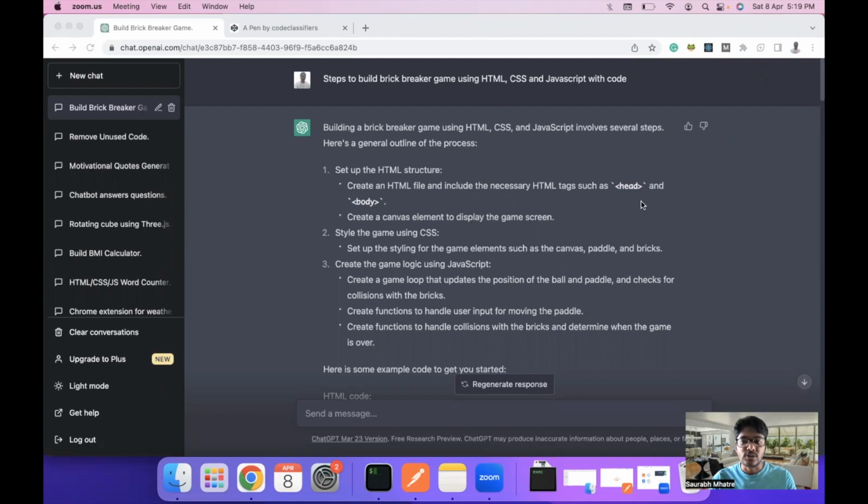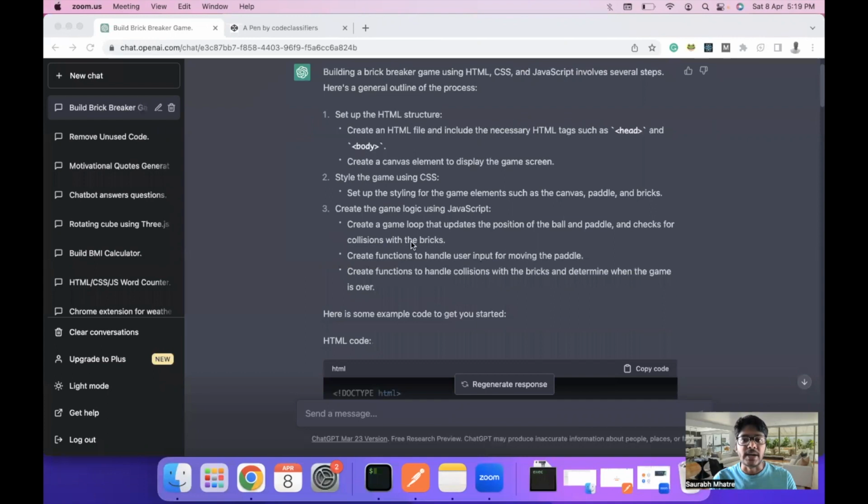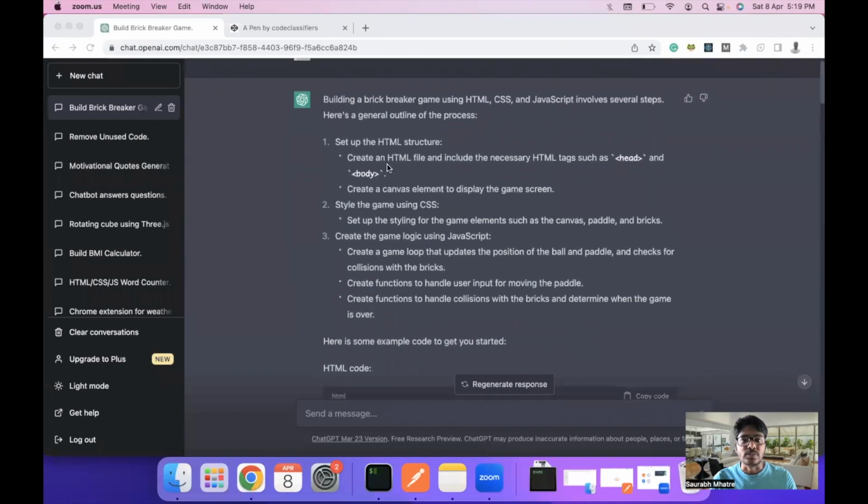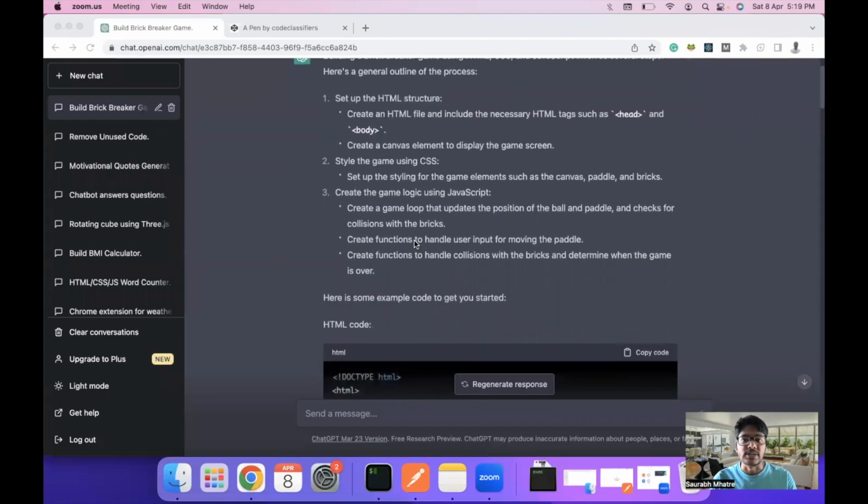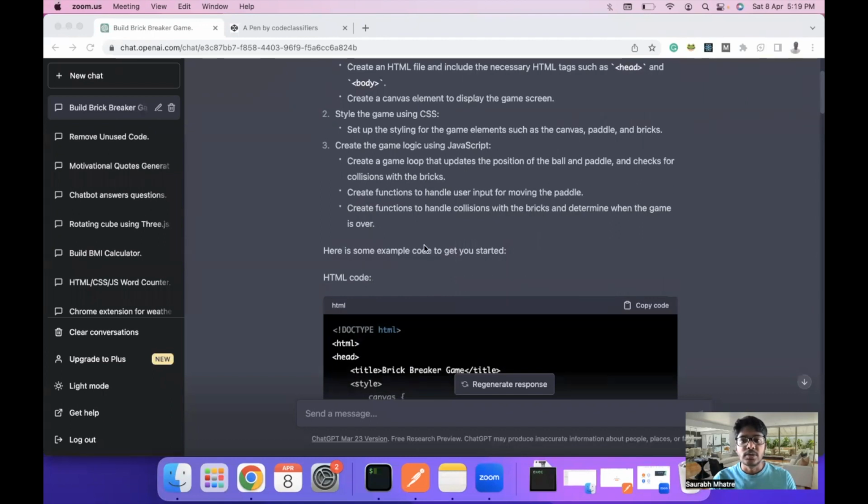The first thing that we need to do is go to ChatGPT and enter the prompt: steps to build brick breaker game using HTML, CSS and JavaScript with code. And it will showcase what we need to add in our code. So we need to first set up the HTML structure, then CSS, and then the JavaScript code to build the actual brick